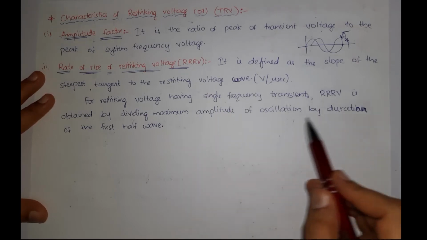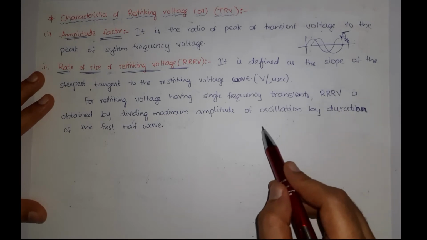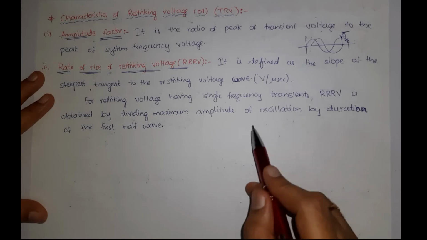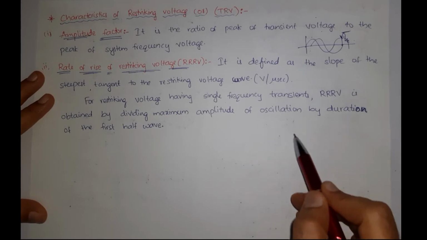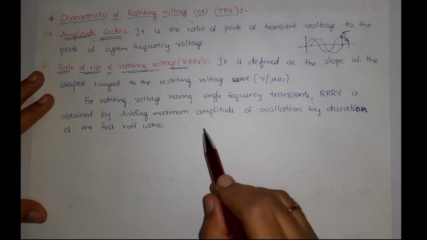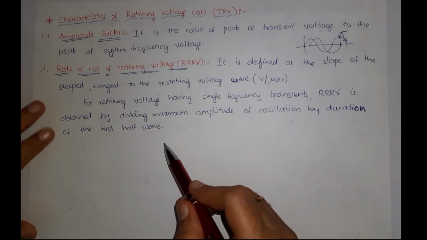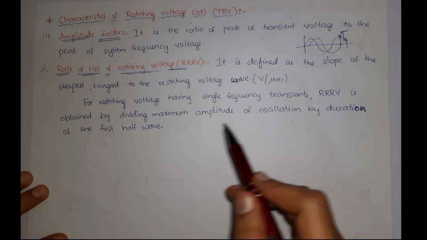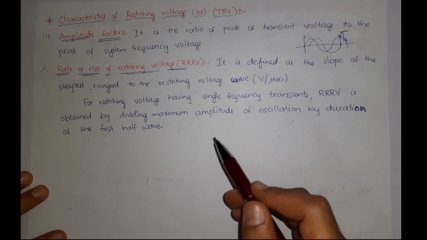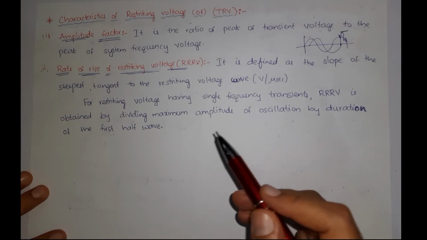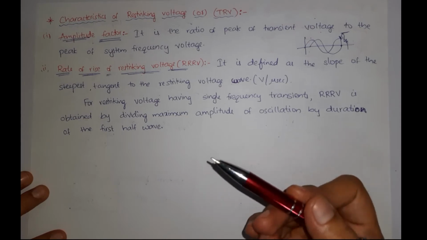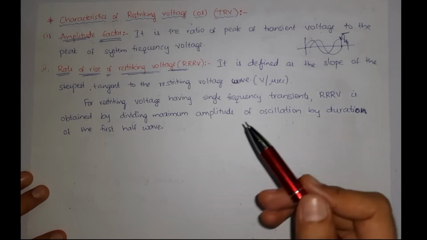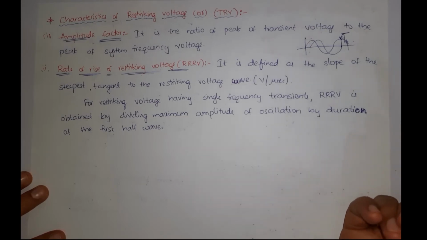But if there is a long transmission line and the circuit breaker is in the middle, and the fault at any instant causes a disturbance in the circuit on both sides, then the transients may be caused due to both sides of the circuit breaker. In such a case, there may be more than one frequency of transients. There may be double frequency transients also, right?